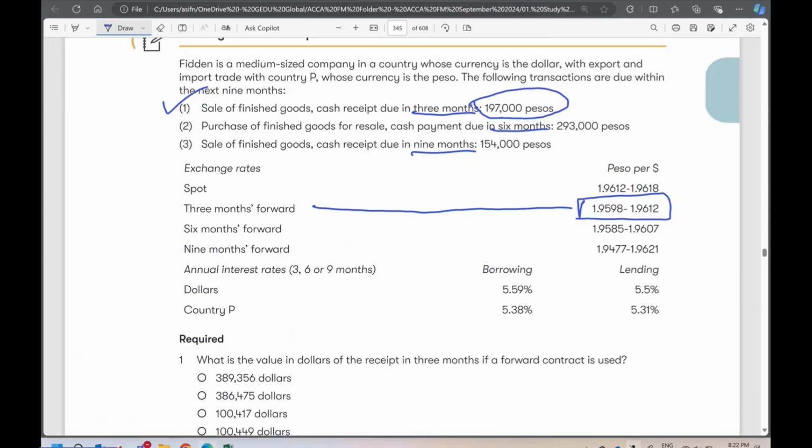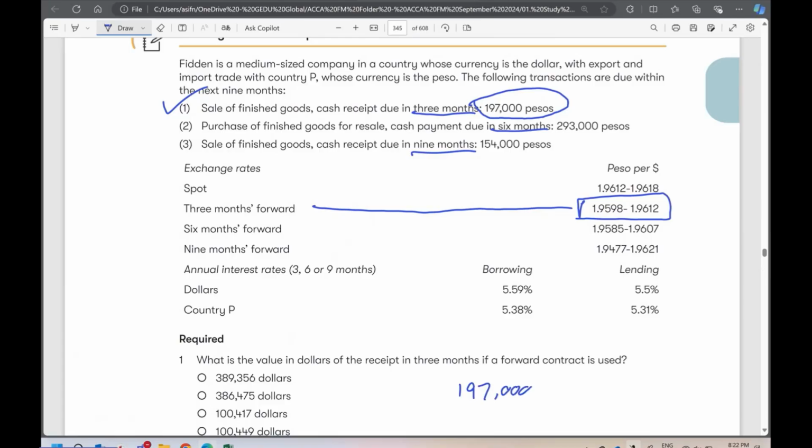Yeah. So forward rate agreement is very simple, very easy. The forward rate will be given to you. Just use it. Since it's the receipt division case, we'll use the lesser rate. In the reverse case, we will divide with the higher rate. Is it? So the answer will be